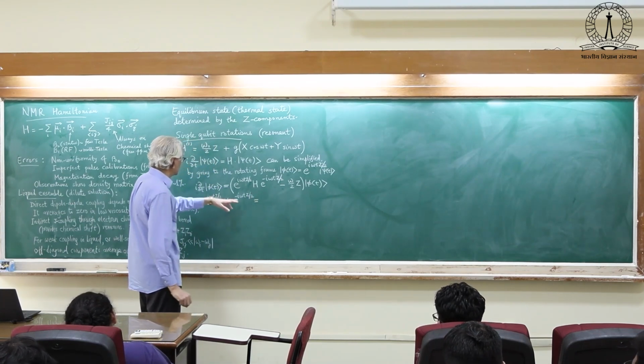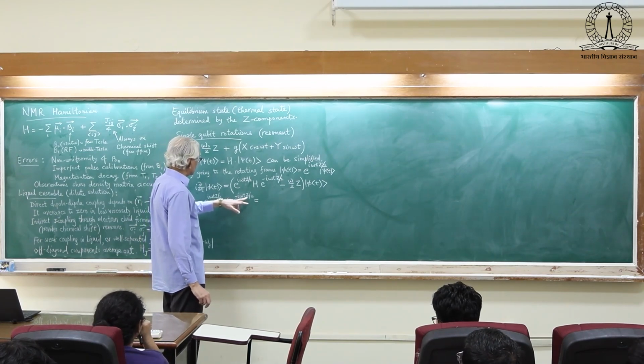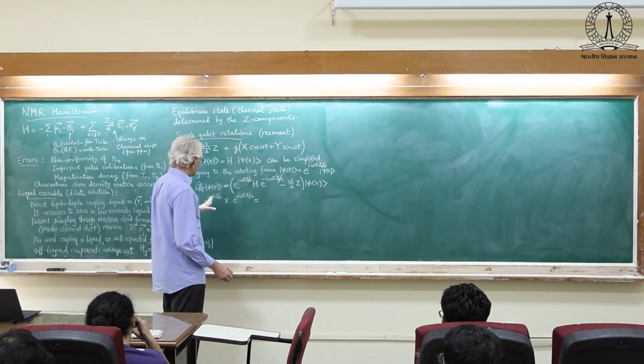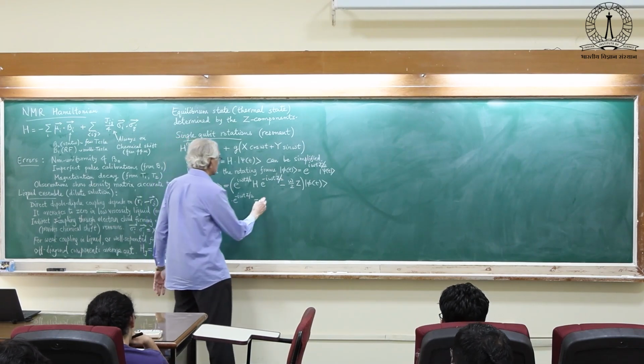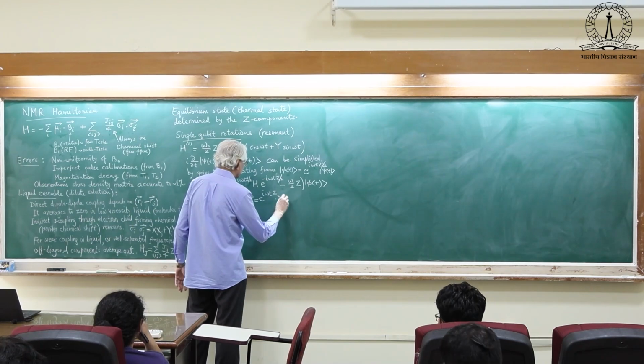Now we can do very simple jugglery, that x and z anticommute. So I can take this onto the other side of the equation by flipping the sign of z. So this is e raised to i omega t z times x,